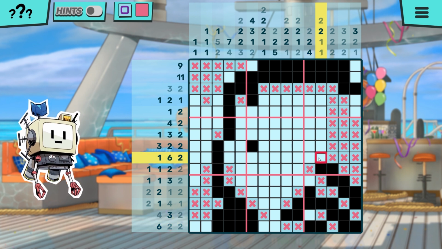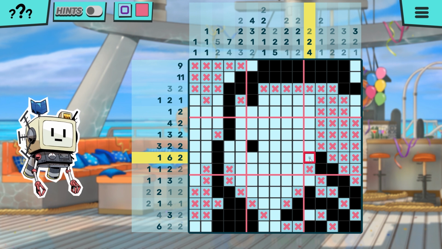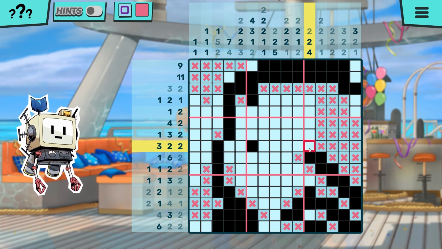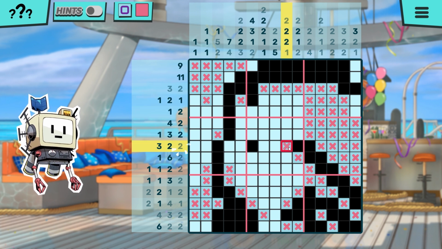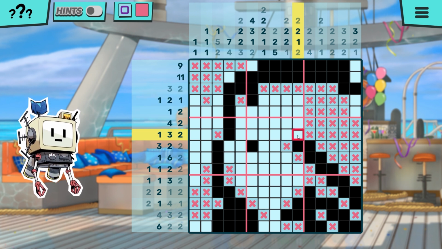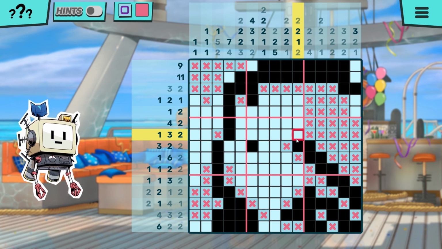No, we do. This is a 2. So that means this is a 2, which means this is a 2, which means this is the 4. This is the 2. This is a 2. And we don't know if that's the 1 or the 2. So that zigzag